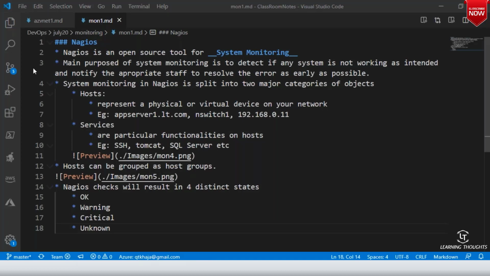So whenever we work with Nagios, we get this traffic signal kind of annotation, where OK is shown in green, warning is shown in yellow, critical is shown as red. And the undetermined state is where you are unable to know because something is not working, right?